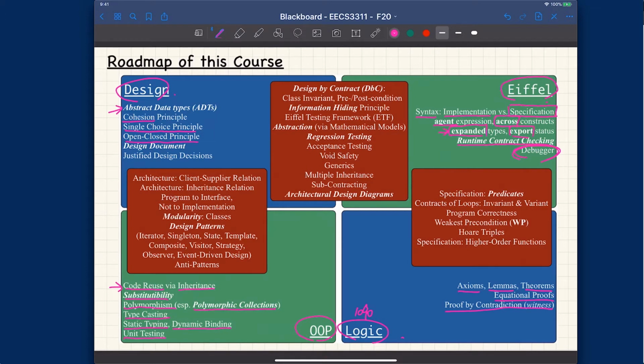Open close principle, to really make sure your system is both open and closed at the same time. It sounds contradictory, but it's actually not. We'll get there when we get there. And also design documents. So for one of your later labs and also your projects, specifically the projects, you will